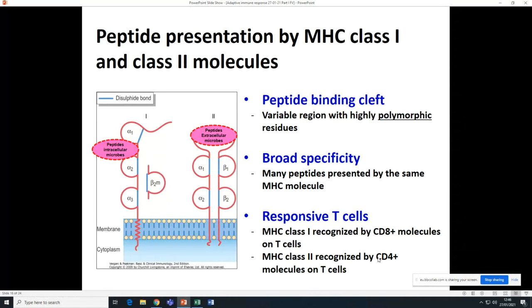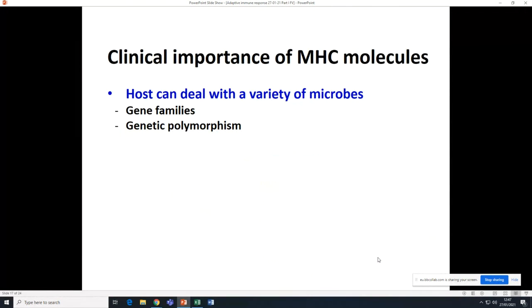If I ask you which MHC molecule presents to CD8, you know it's class 1. Which MHC molecule presents to CD4, it's class 2, because 2 times 4 equals 8. Just a tip to remember. Okay, so these are the points. The host can deal with a variety of different microbes, and this is extremely important. These genetic polymorphisms guarantee that at the population level we are not